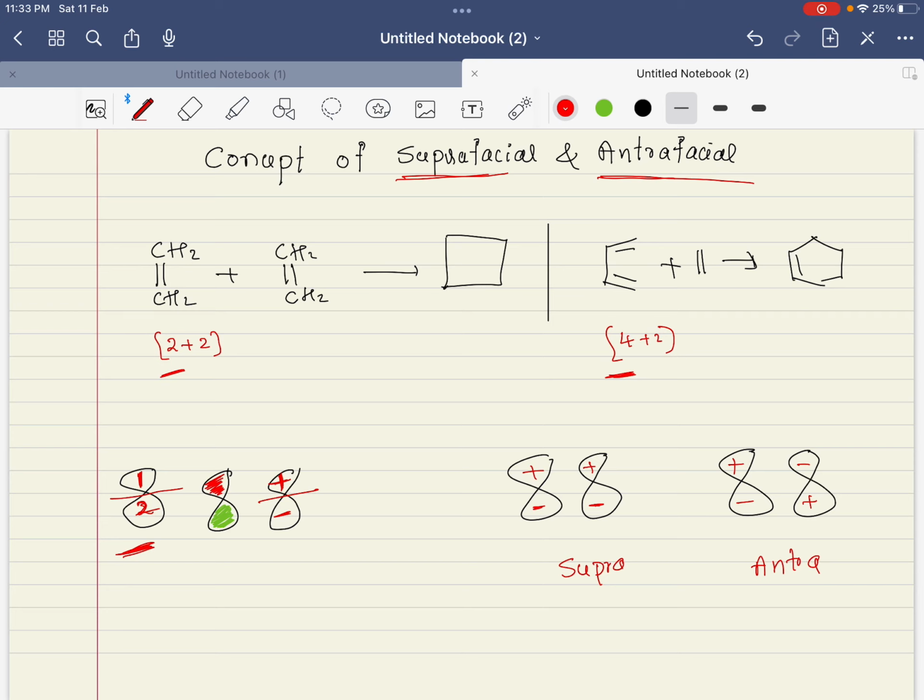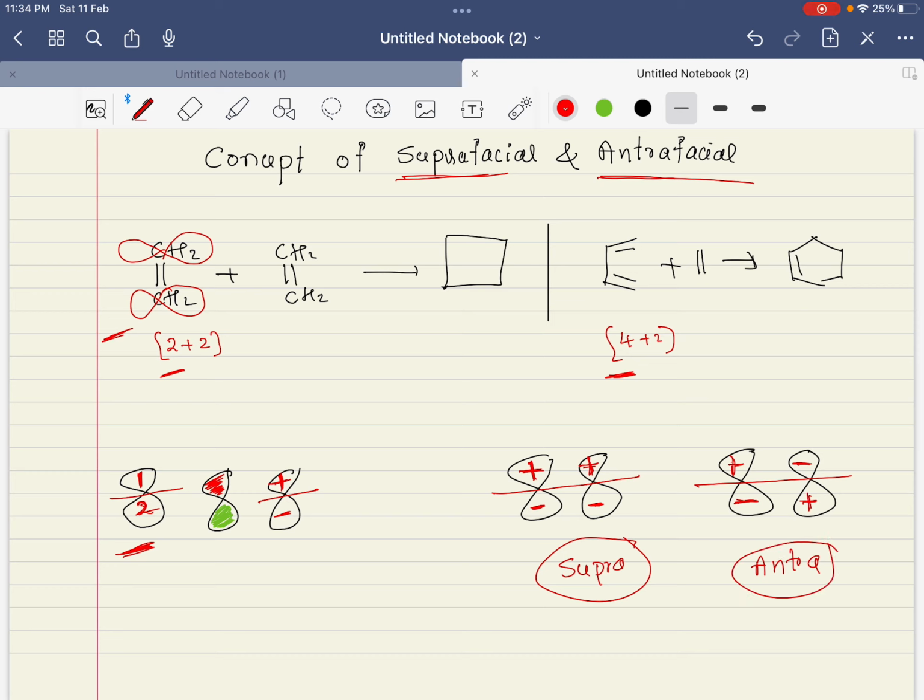Look here in ethene. There are two atomic orbitals here. These two atomic orbitals can have the same phase. Here also positive, here also positive. Both the positive phases are above and the negative phases are below. This is one combination. If this is the combination, this is called as what? Supra. Next, if one is positive and another one is negative, and below, one is negative and another one is positive,